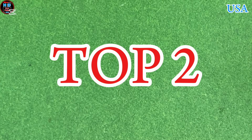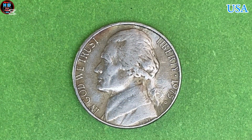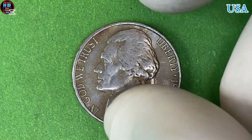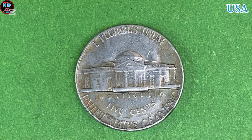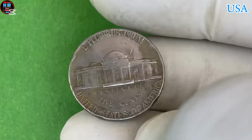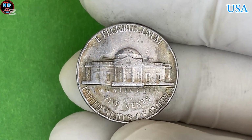Top 2. Coin collectors are always on the lookout for hidden gems. Those rare coins that stand out not just because of their historical significance, but because of their exceptional value. One such coin is the 1975 Jefferson nickel, a 5-cent piece that, to most people, would appear to be an ordinary, everyday coin. However, for those in the know, the 1975 Jefferson nickel has the potential to be worth a